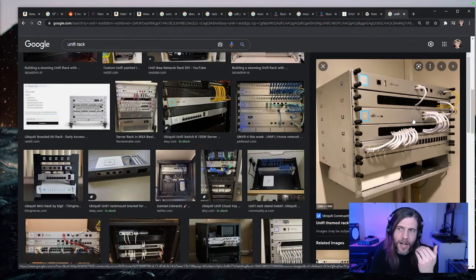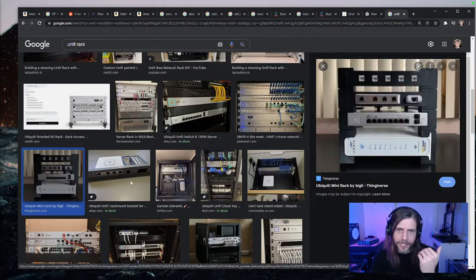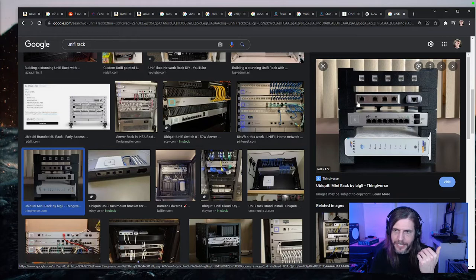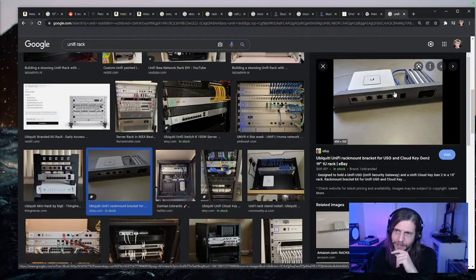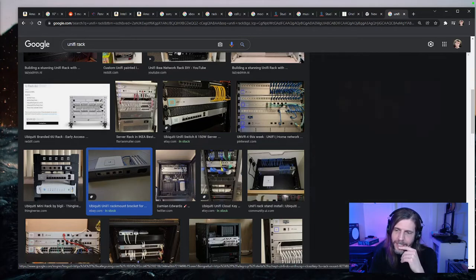But I mean, not all of their stuff is 1U 19-inch, right? They have a lot of stuff that's the exact same problem. This thing is this size. It's got stuff that plugs in on the front and the back. This thing is this size. This thing is this size. And then people do their cool 3D print things, and that's cool. But